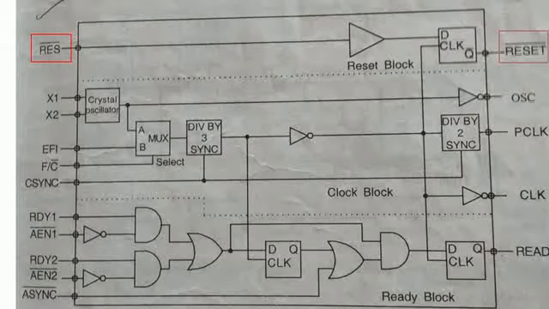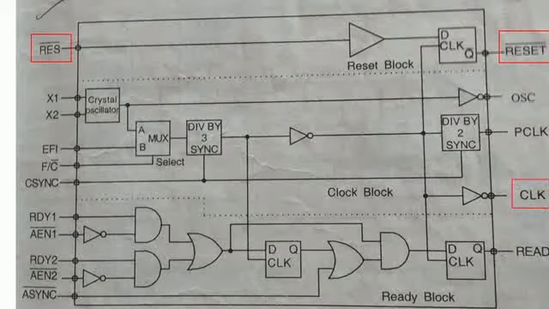The reset signal here is an active low signal, but the microprocessor is expecting an active high signal. So when you interface the 8284 to the microprocessor to generate the reset signal, you are supposed to use an inversion operation. I'll show that while interfacing this to the microprocessor. Now let us go to the clock block of the 8284. The main intention of the clock block is to generate the clock signals required by the 8086 microprocessor.